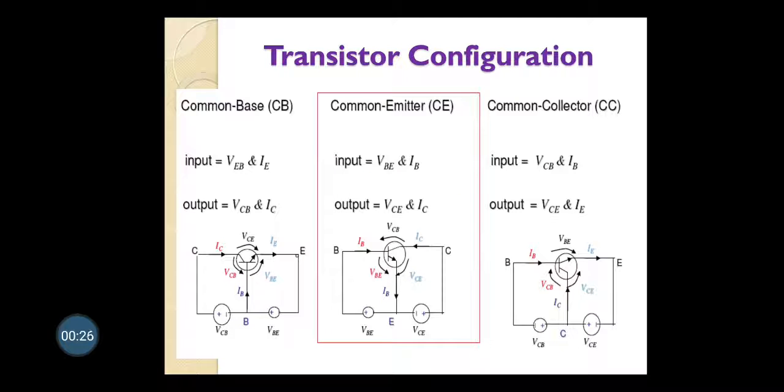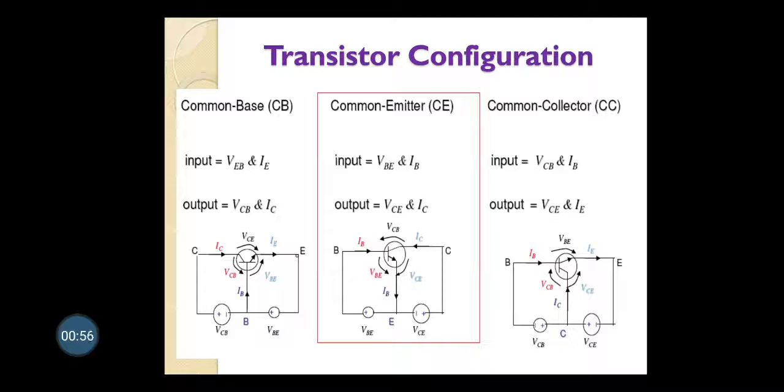Now we are going to brush up the transistor configuration a bit so that you will be able to understand the VI characteristic of a transistor. In transistor configuration we have done common base configuration, and the input and output voltages and currents we have mentioned here, you can see. And then common emitter configuration input output voltages, and then common collector configuration input output voltages.